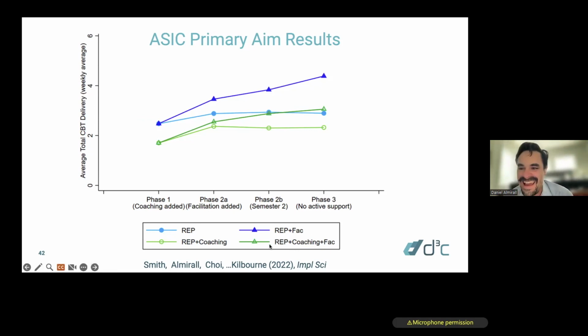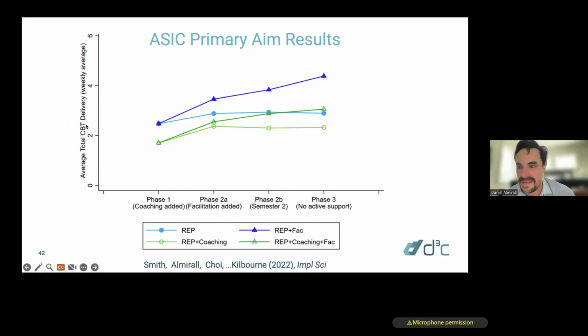That's the Cadillac, right? That means I gave you coaching at week 12. And if you were struggling at week 21, I gave you facilitation. Everybody with me? That's our study design. The most surprising result of all is the fact that blue triangle, which is no coaching, turns out best on